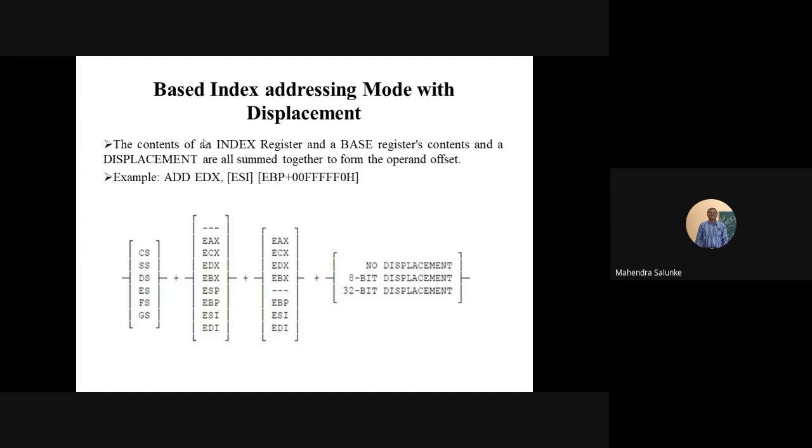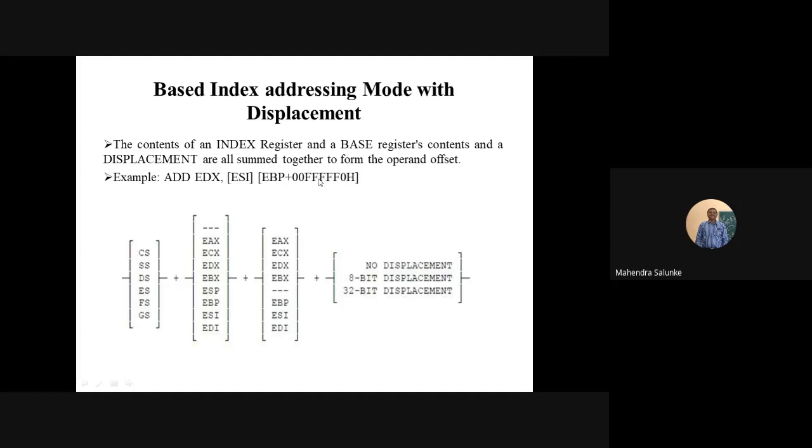And the next addressing mode is base index addressing mode with displacement. No, it is the second last. So what components are there? Three components: base is there, index is there, and the displacement is there. In the diagram you can see base is here, index is here, and the offset or displacement is here, so this immediate number will be the displacement. Ultimately all these three components will be added to form the effective address, and that effective address will be used along with the segment registers to point to the particular memory location.